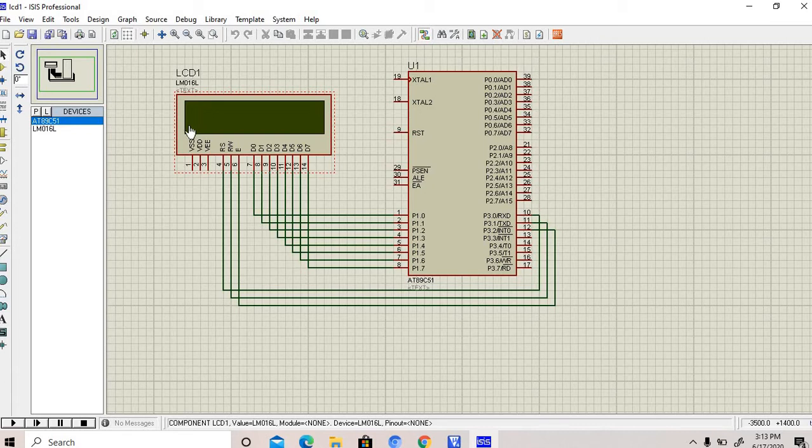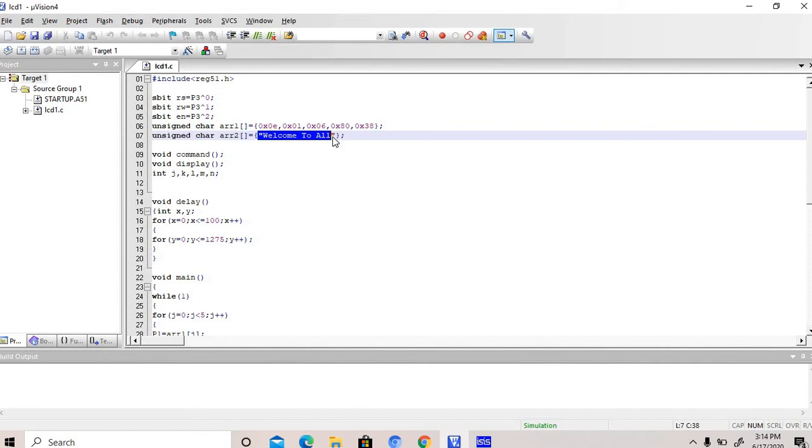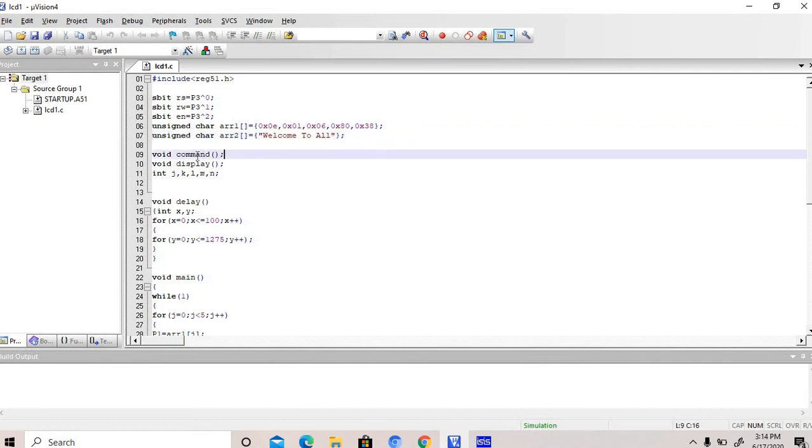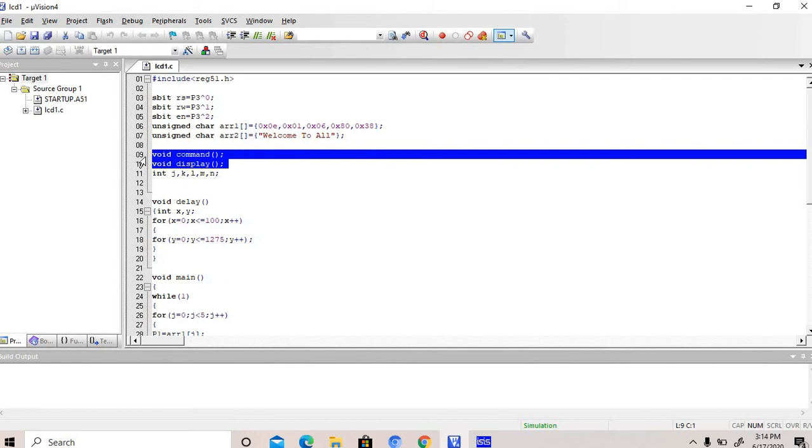The second line starts at C0, C1, C2, these blocks are there and each block has its own address. Suppose you start with 80. Display on, cursor blinking, everything, you only have to use these 5 commands. This is for the display purpose. We are using two functions. One is for the command, the other is for the display, meaning for data. This is for the delay.